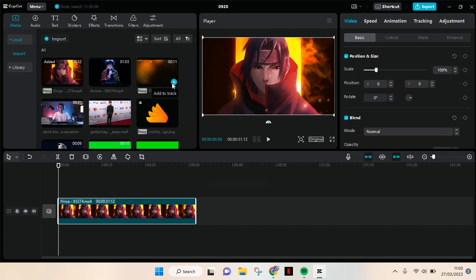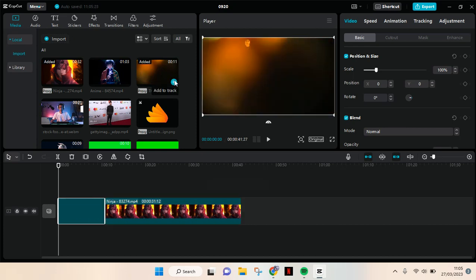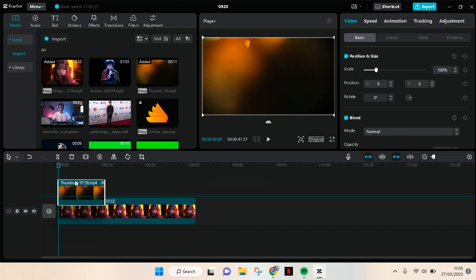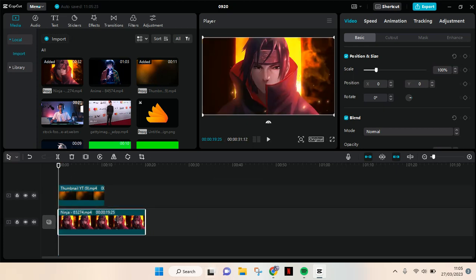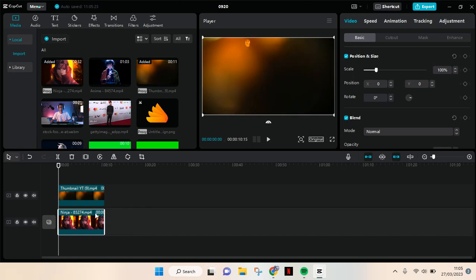So just click on the plus icon to add it to track. And now put the overlay video on top of the main video. So drag it like this. I'm going to trim the main video first. Okay, so you can see that the main video is now covered with the overlay video, and to make it